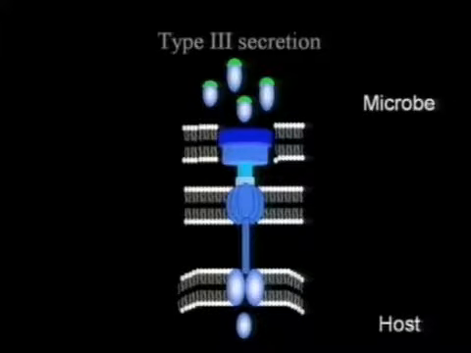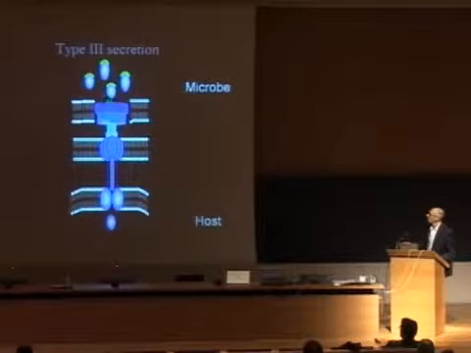There are effectors here in blue that have chaperones that deliver these proteins into the type 3 secretion. This type 3 secretion forms some kind of needle that traverses the two membranes of the microbe, and somehow they deliver proteins into the host cell. So this has been a very useful model to try to understand the system, but in fact there isn't that much direct proof of how this system actually works.